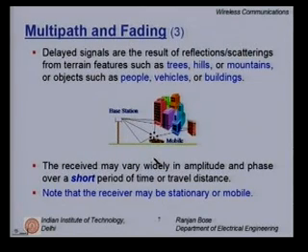Please note that the receiver may be stationary or mobile, but the environment could still be fading. For example, consider the wireless local area network within the room environment. The transmitter could be fixed, it could be fixed on a wall or on a PC, and the receivers could also be fixed for the time being. But still, because of the motion of the people in the room, the movement of the fan, etc., what you get is a fading environment. How to overcome the effects of fading is an entire chapter in itself, which we will consider.